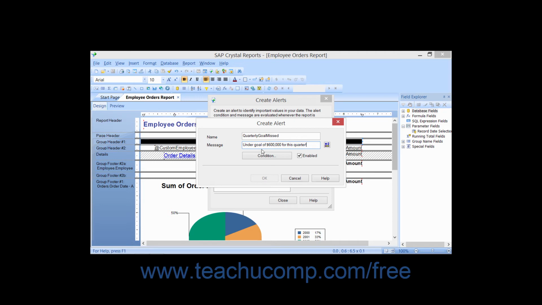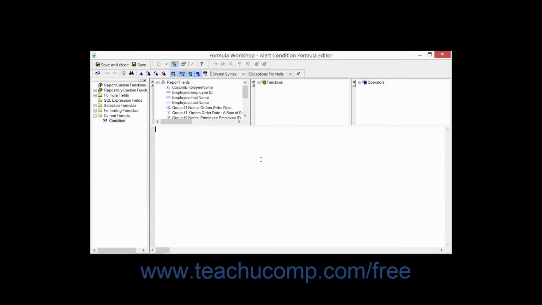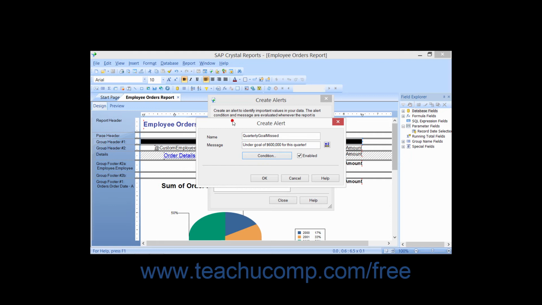After you've typed your message, you can then click the Condition button to invoke the Formula Editor, where you can create the formula that, when met, will trigger the display of the message which you have created. When you're finished, click the Save and Close button in the Formula Editor window to return to the Create Alert